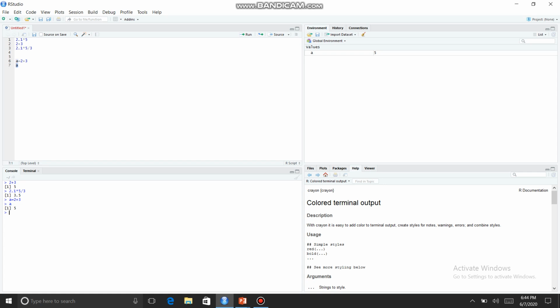It displays 5. We can also use the less than hyphen symbol for assigning values to a variable, that is A less than hyphen symbol 3 plus 6. Drag the code and click on the Run option. It shows the answer 9.